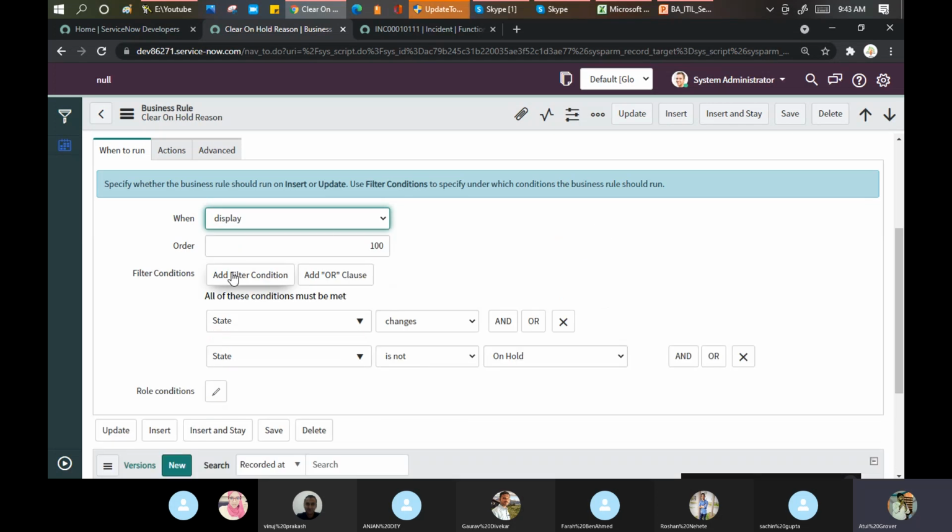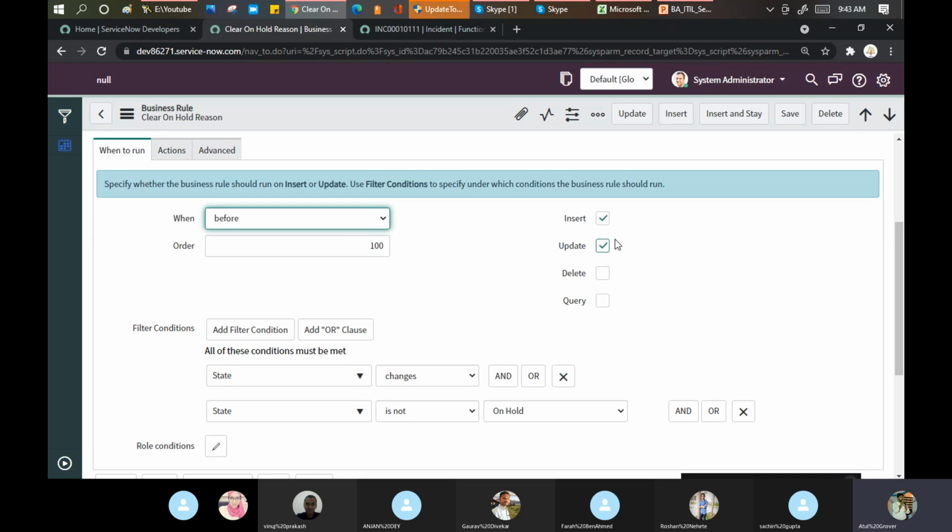And display, when you want to just display a record, you bring some value from the database and you want to just show it as it is, then we use display as a particular type. Now if you see, if I put a before, before you insert any record, before you update any record, before you delete any record, or before you query any record.